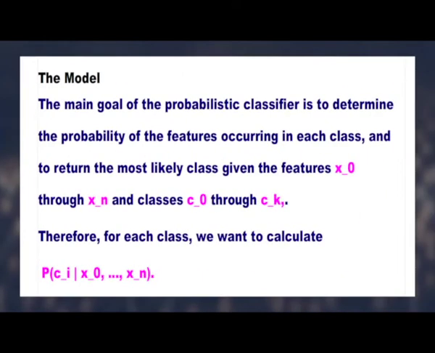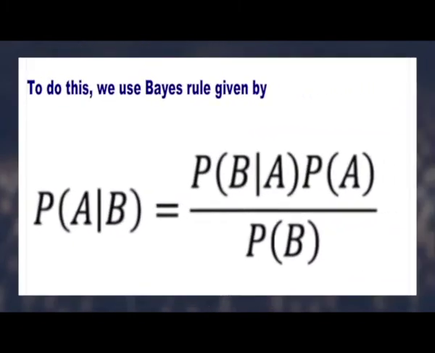We'll see about the model. The main goal of the probabilistic classifier is to determine the probability of the features occurring in each class and to return the most likely class given the features x0 through xn and classes c0 through ck. Therefore, for each class we want to calculate probability of ci given x0 through xn. To do this, we use the Bayesian rule which is given by